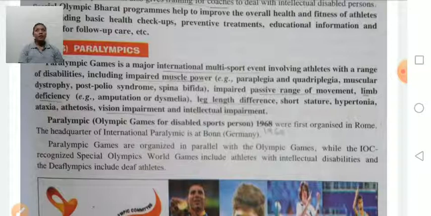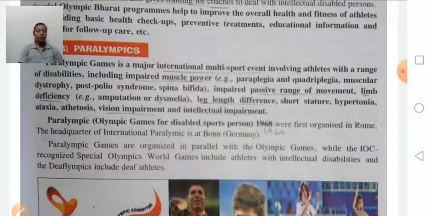Like the modern Olympic Games, where the International Olympic Committee is the governing body, the International Paralympic Committee is the governing body of the Paralympic Games, and the first Paralympic Games were held in 1960